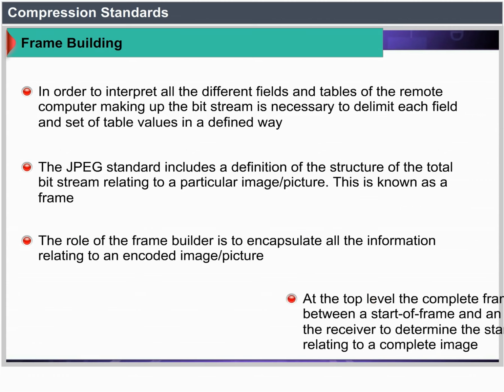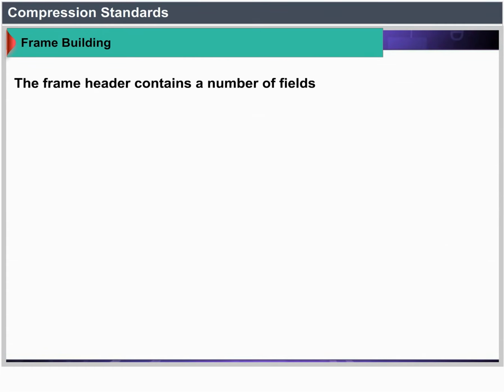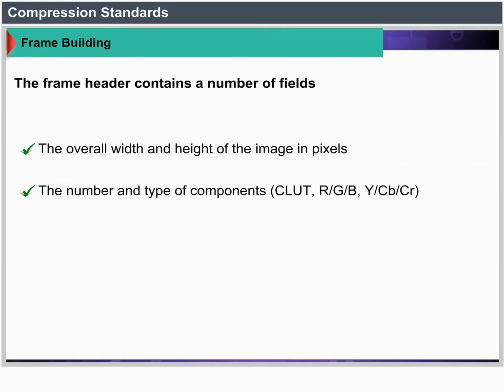At the top level, the complete frame plus header is encapsulated between a start of frame and an end of frame delimiter, which allows the receiver to determine the start and the end of all the information relating to a complete image. The frame header contains a number of fields: the overall width and height of the image in pixels, the number and type of components, CLUT, RGB, YCbCr, the digitization format used, 4:2:2,